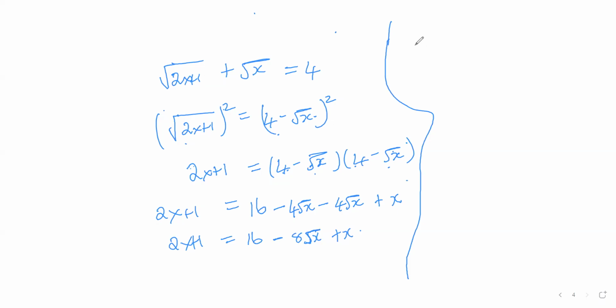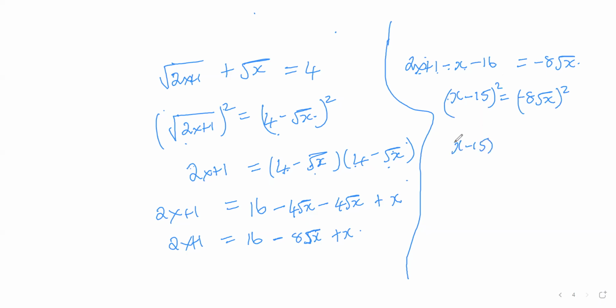So we move everything else to the other side. We get 2x plus 1 minus x minus 16 is equal to minus 8 root x. Collecting like terms, 2x minus x is x, 1 minus 16 is minus 15, equals minus 8 root x. Then we can square both sides